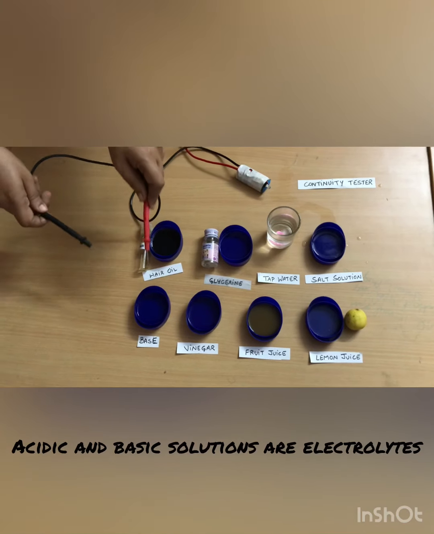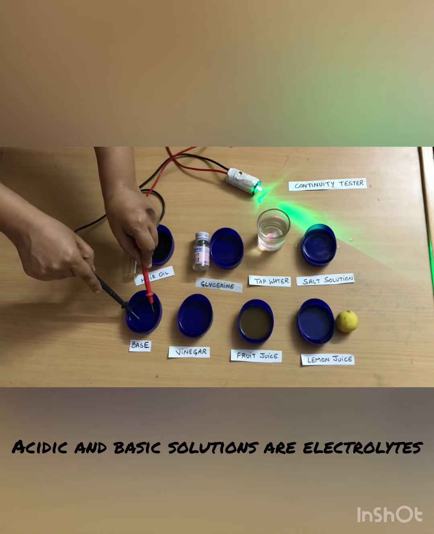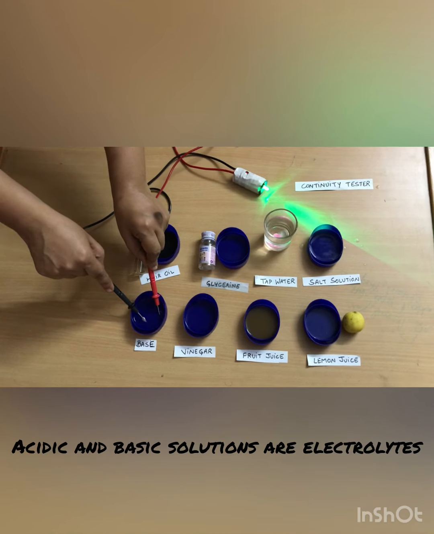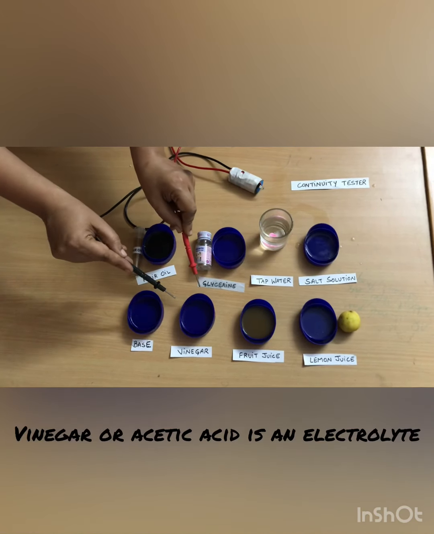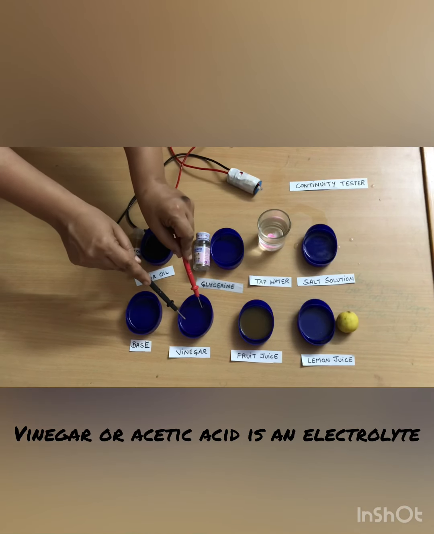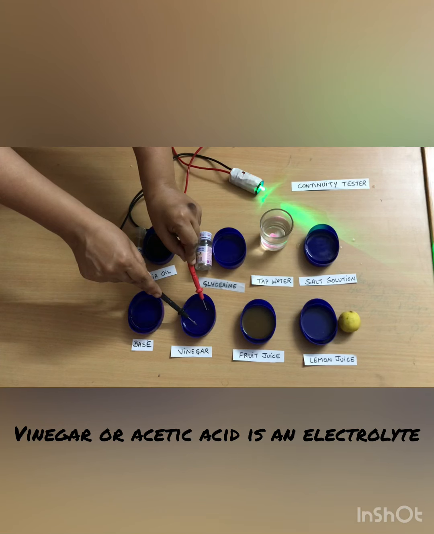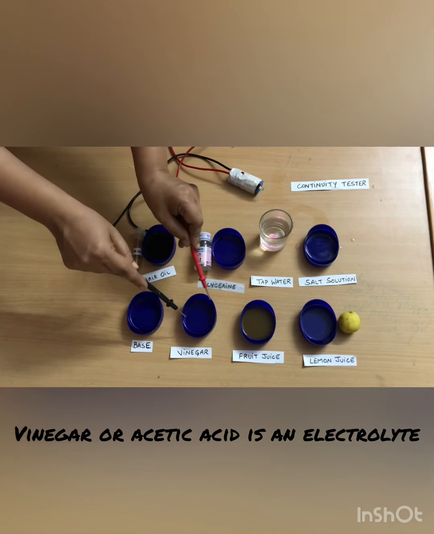Let us check with this liquid which is a base, NaOH. So this is sodium hydroxide solution which is a basic solution. It is also conducting electricity, that means this is an electrolyte. Let us take this one, that is vinegar. Vinegar is acetic acid, that means we are testing an acidic solution. In the acidic solution also the bulb is glowing, that means this vinegar or the acid will conduct electricity